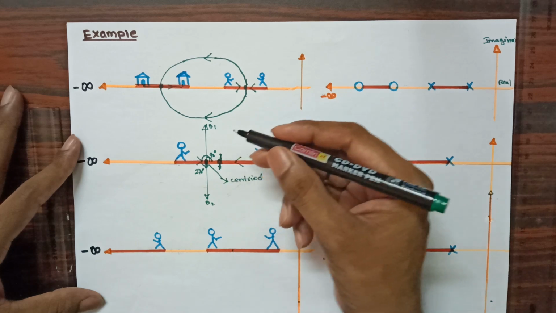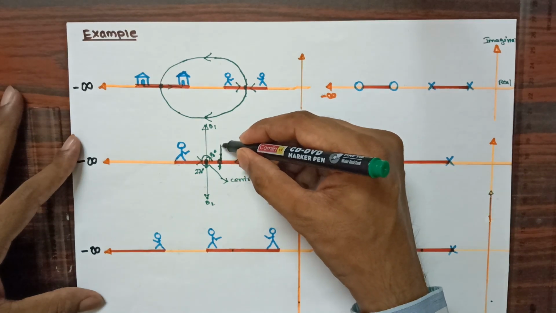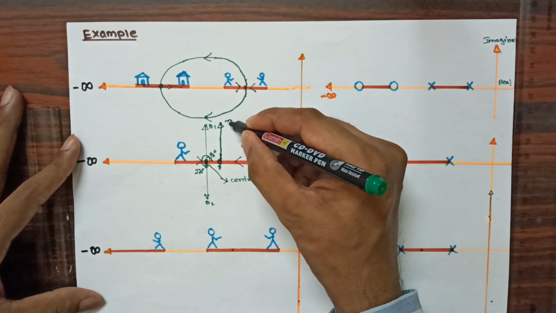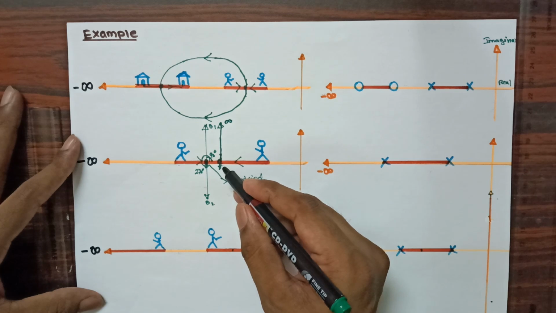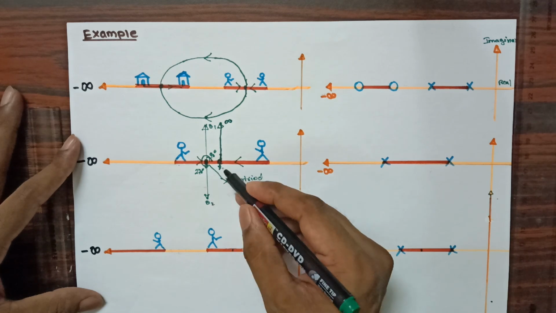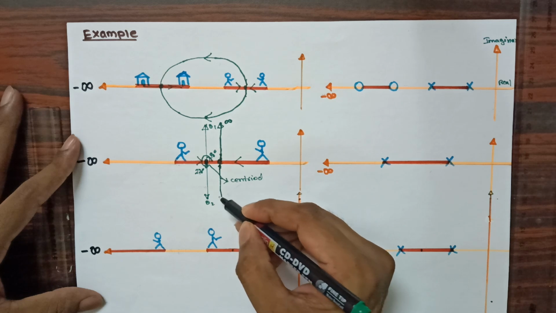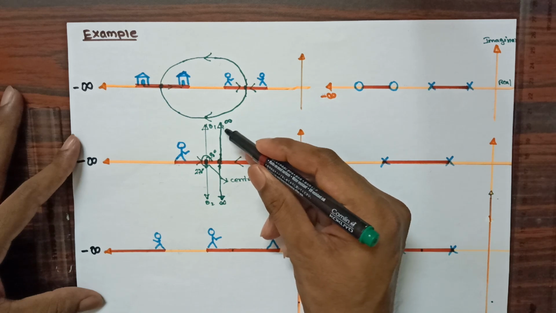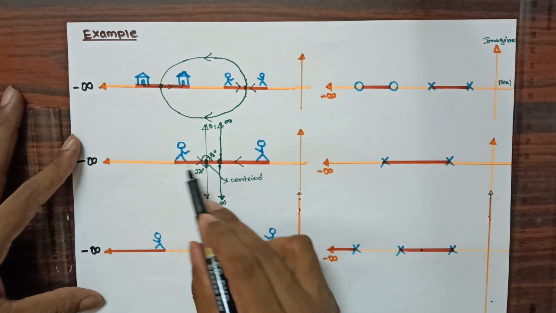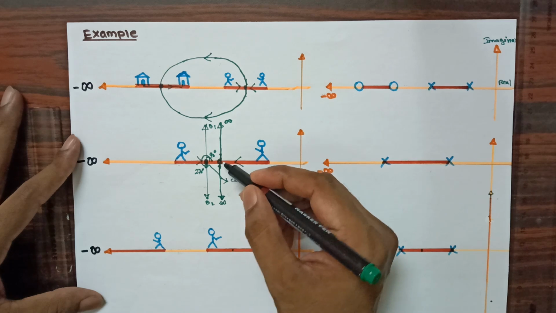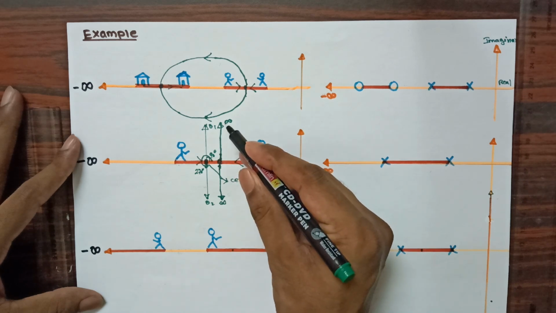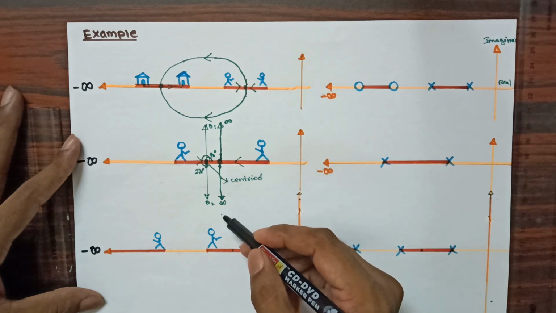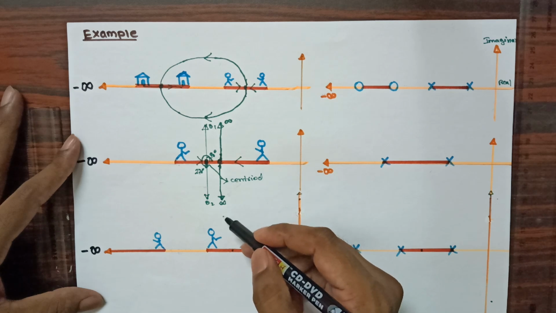Then he will observe this angle of 90 degree, and he will move towards infinity at this angle, that is 90 degree towards the infinite path. The same way this person also observes this angle and tries to reach towards infinity. So now you can see here this locus is symmetrical to this locus. This way, when two persons are there, they are moving to their infinite destination. One is moving in the upward direction, that is 90 degree. Another person is moving in the downward direction, that is 270 degree. We can say minus 90 degree.